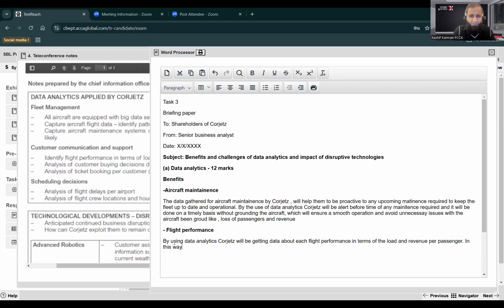In this way, the airline could better plan the routes